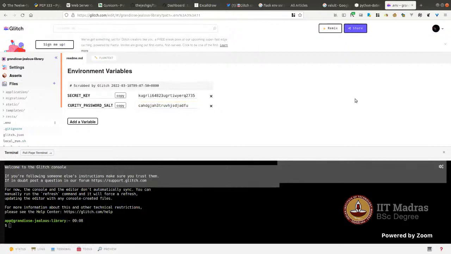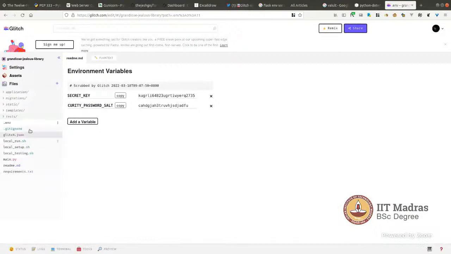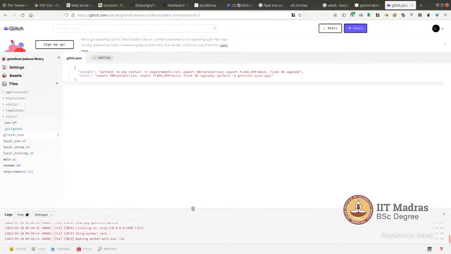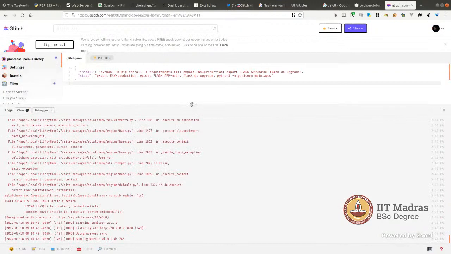And I hit save. If I save anything, it will actually restart. It will run this start command, right? But this one had the problem with install, so it might run the install again. Let's see what it's doing. There you go. You can see that now